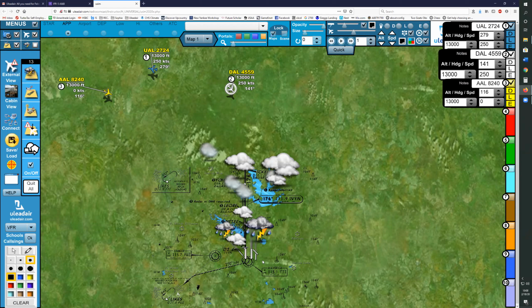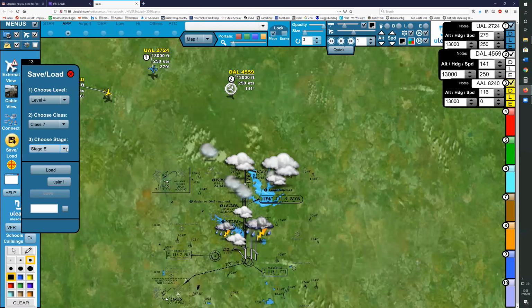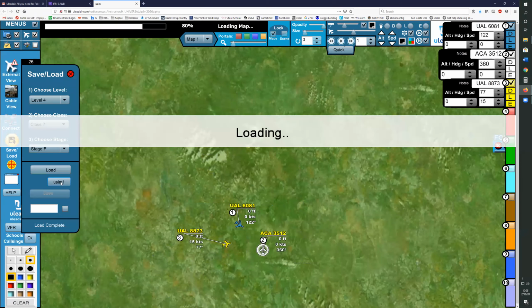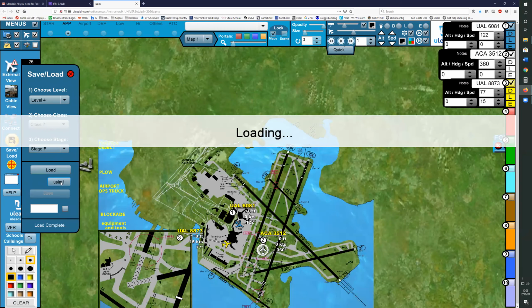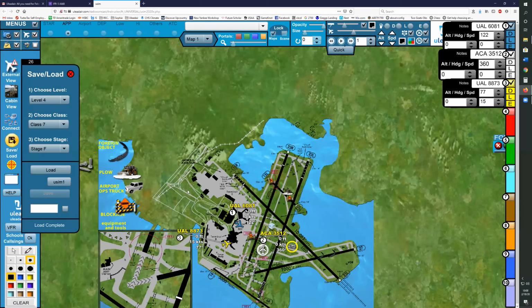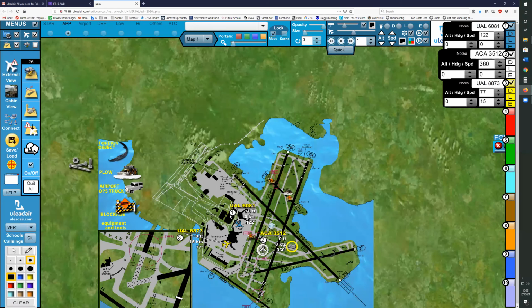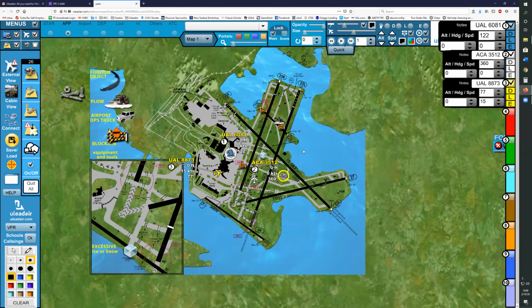Okay, so now we're on the ground. Where is the ground? Why hasn't it changed? That's the wrong airport, but I guess we'll go with it. I'm not sure why they changed on us, but okay, so now some similar stuff, but now we're taxiing, we're talking to ground control. Make this a little bit smaller.